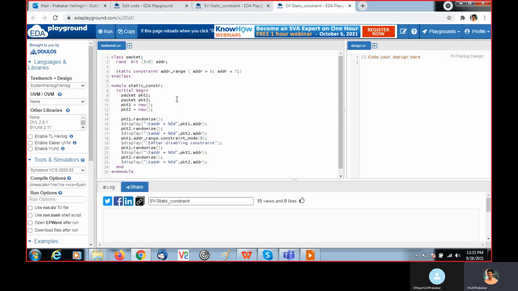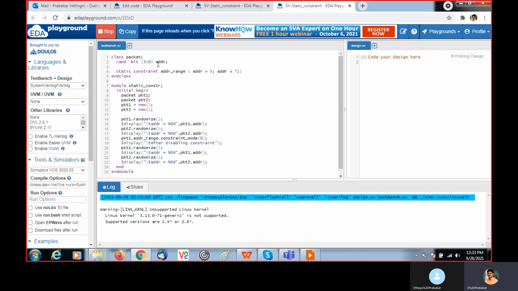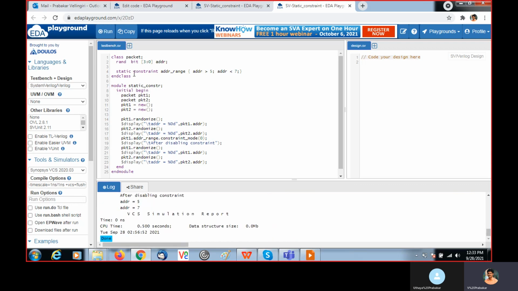By default, constraint mode will be enabled for all. If you want to disable one, you can access that particular constraint and, with the help of constraint_mode(0), disable it. Here inside the class packet, we have address. For this address, I wrote a constraint, address_range: address should be greater than 5 and less than 7.